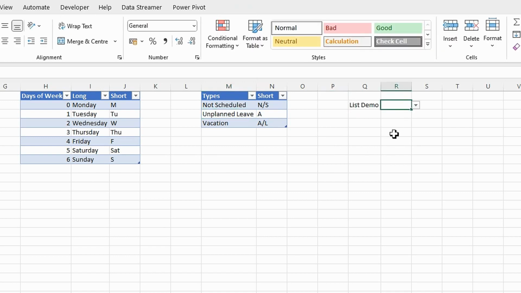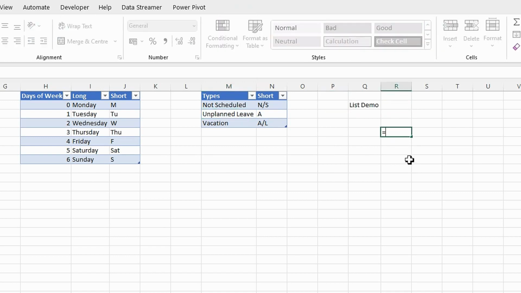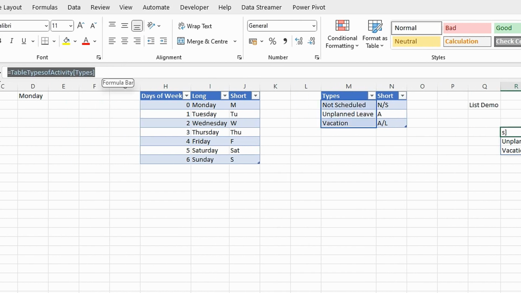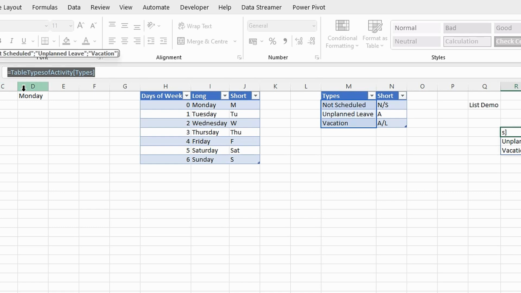Now, if I do an equals table, there's my activity. I do an open bracket to choose the column, and it's going to be types, like so. You then can see that's what it picks up. So you think that was good, wouldn't you? So if I take this now and do Control Copy